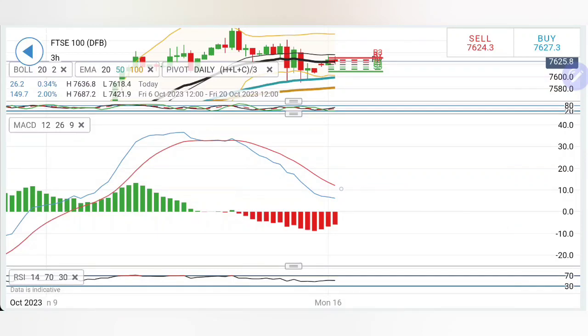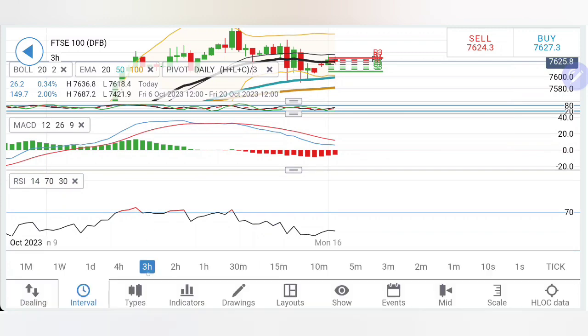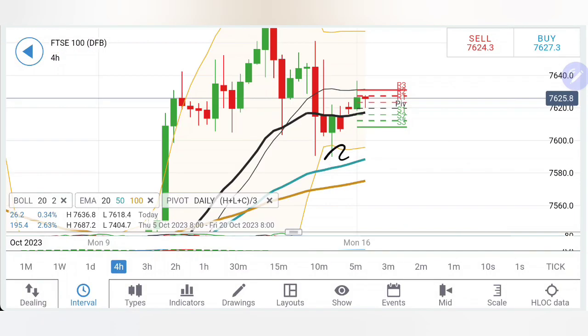Stochastic rising, MACD is bearish, trying to converge here. If you look at RSI, this is staying flat, coming to 4-hour charts. On the 4-hour charts, double bottom, trying to rise, trying to stay bullish, trying to look upwards. And if you see the prices here taking the support from 7620, thus I will recommend you, if you see the prices staying below 7615, we can initiate a sell entry, but then 7605 is a very strong support level, then 7600. If these two levels are breached, 7600, 7605, then further bearishness may prevail there for 7580, and below 7580 is where the bears will take over.